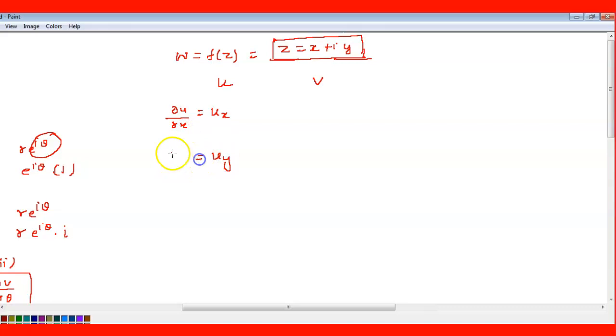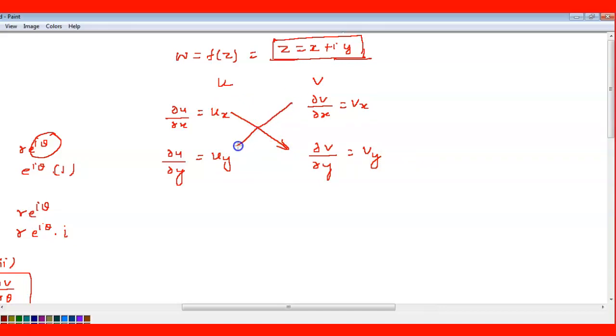No need to remember, I will tell you the trick. v also, differentiate with respect to x, that is v x, and with respect to y, that is v y. If one diagonal is the same and the other diagonal is the same with a minus sign, then it is said to be analytic, meaning u x equals v y